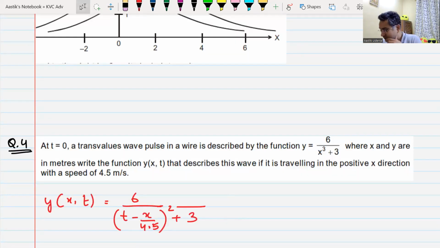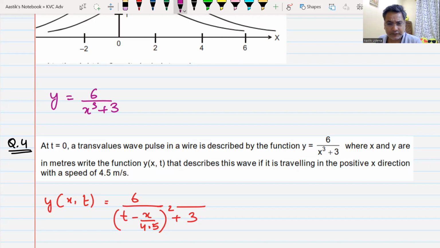Give me an example. What do you want to say? Give me an example of a wave. Sir, here the equation is given as y equals 6x cube plus 3. Okay. If that x cube has some coefficient as 9,